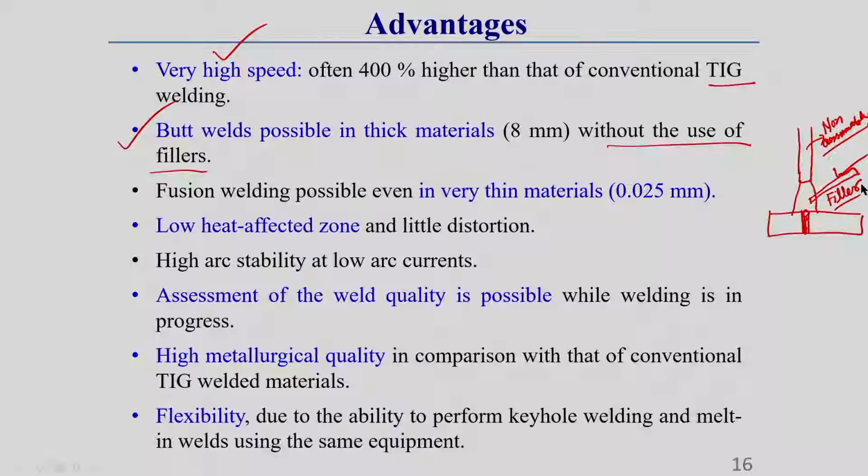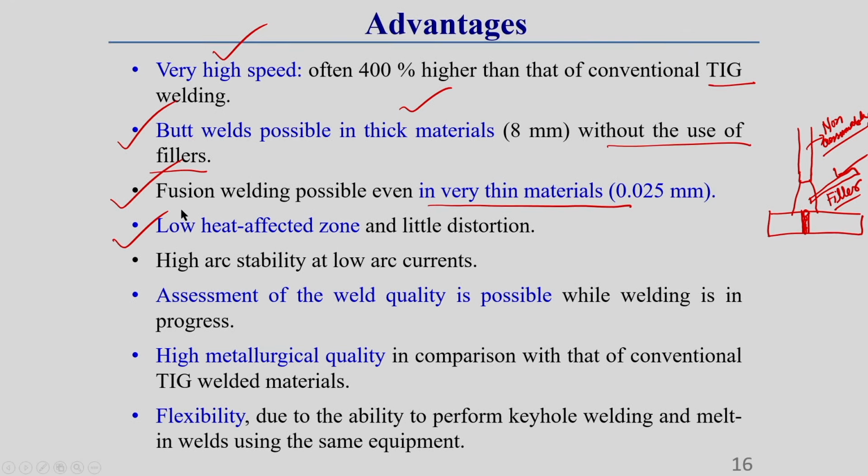In the plasma arc welding process, we can work in autogenous mode as well as by using filler wire. So, with or without filler wire, we can do plasma arc welding. That is why I have written that butt welding is possible without the use of filler wire up to 8 millimeter thick plate. Fusion welding is possible within a range of 0.025 millimeter. There also we can use plasma arc welding, especially the micro plasma arc welding process. That is why this process is widely used to connect the bulb filament with the filament support. Generally this microplasma welding technique is used; it is a very popular technique.